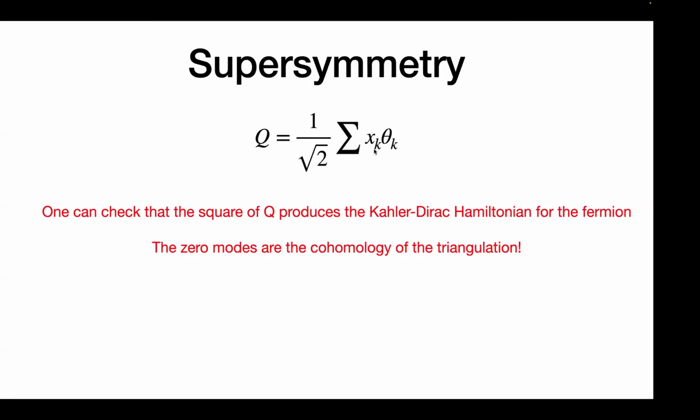And then that produces a minus sign in one xk tilde versus the other one, and that produces a commutator. So the commutators of the x's produce information about the complex of the triangulation,